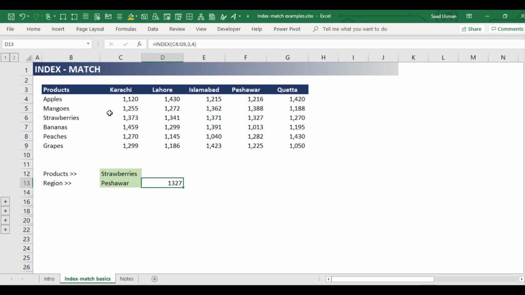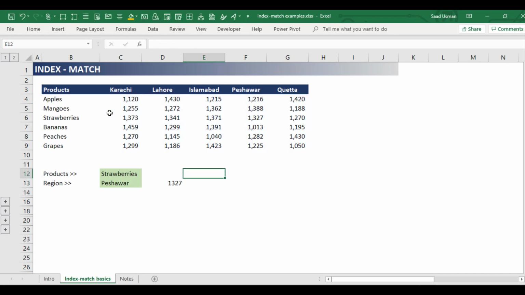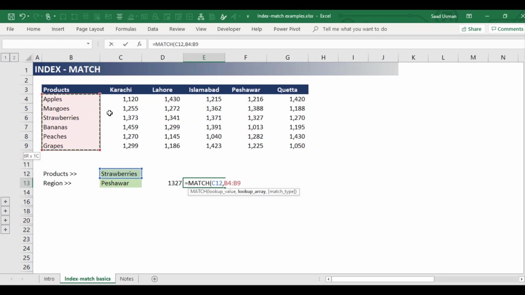We can also automate the manual input of the row numbers and column numbers by using the formula match. The match formula simply returns the relative positioning of that lookup value from the top or the left portion of the array. Let me show you how. For example, if I want to find out the relative positioning of strawberries in the range of products, I will look up strawberries and I will specify the range of products, and for the last part of the argument,